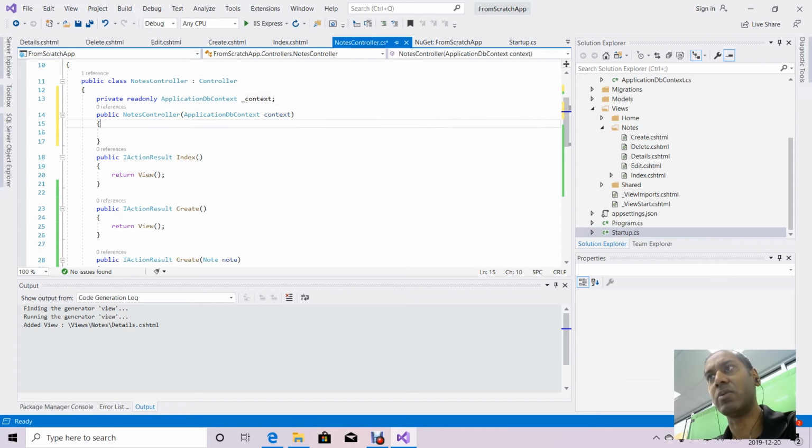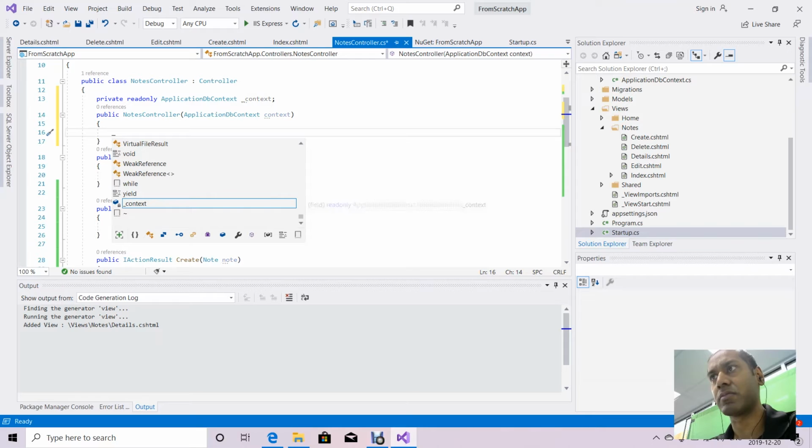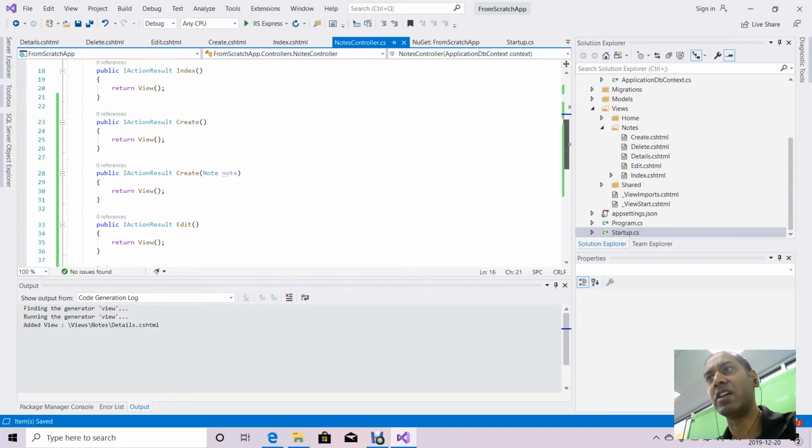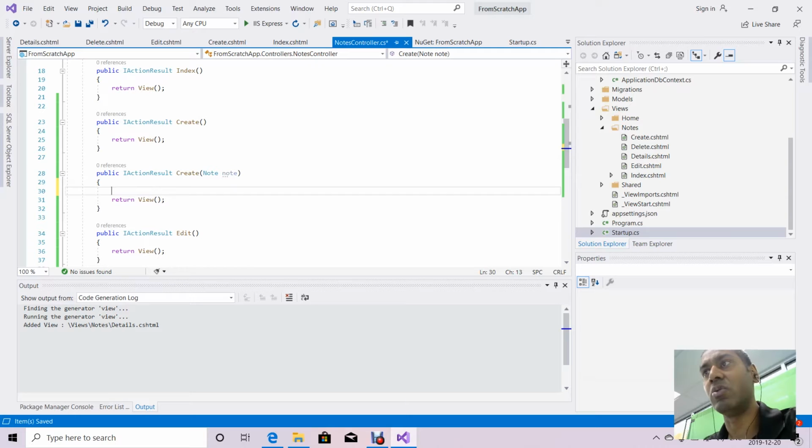ApplicationDbContext, and we'll set it over here. _context is equal to context. Okay, so via the context object in our file, we'll be able to modify elements in our database, or add and create, or edit and delete. So we can go back to our action